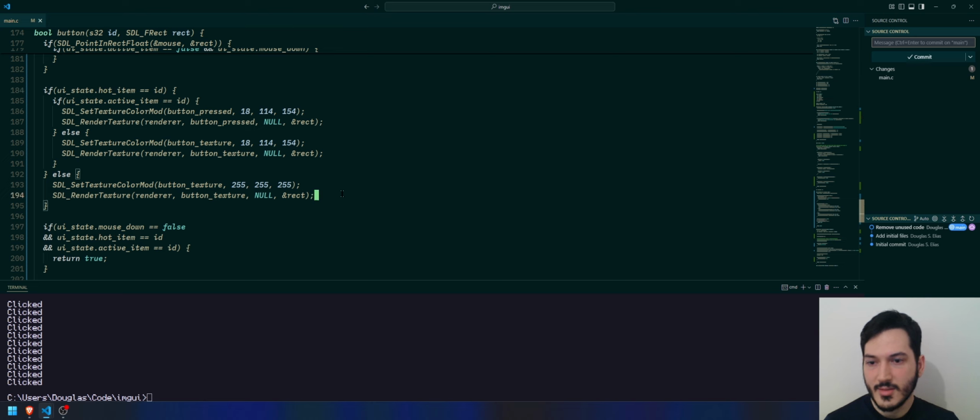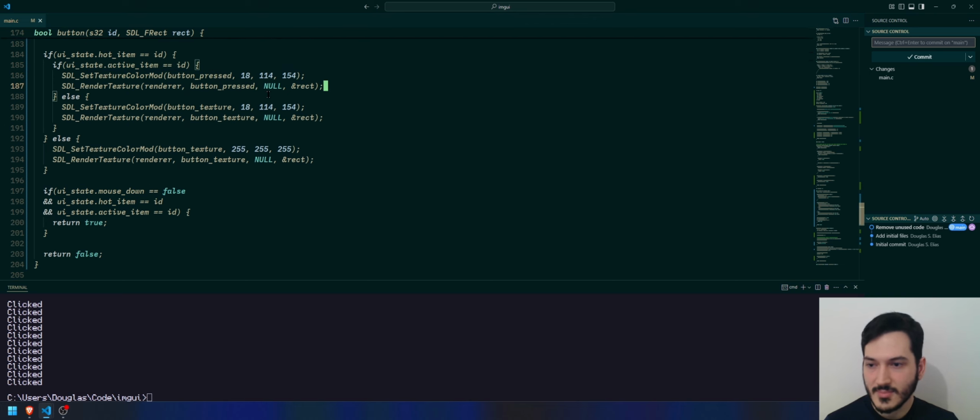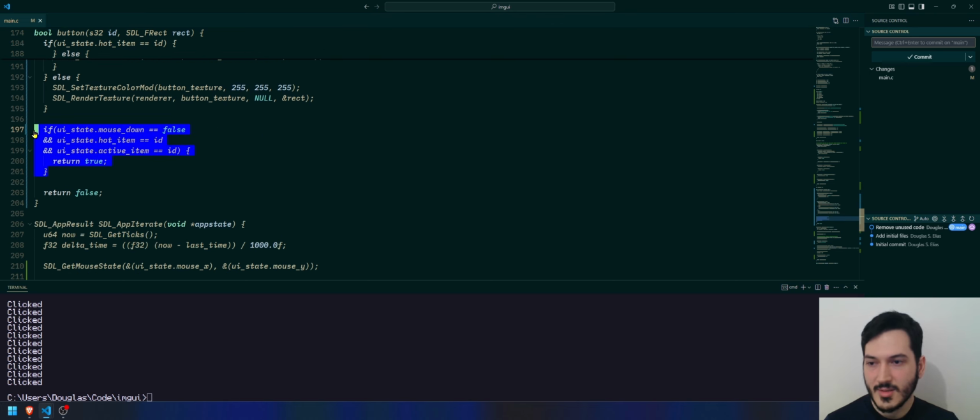If it is not hot, the basic element. If it's hot but not active, the over state. And this is the clicked state, or the active. And here you just need to make sure that it was clicked when the mouse was released, but you can change this,